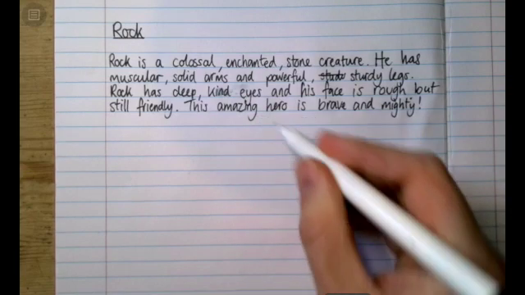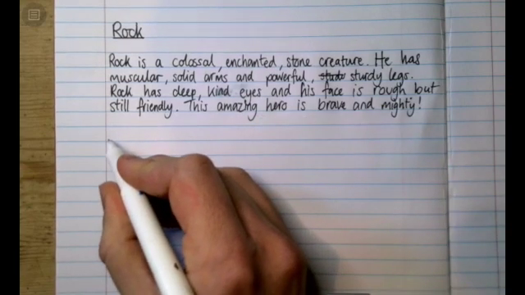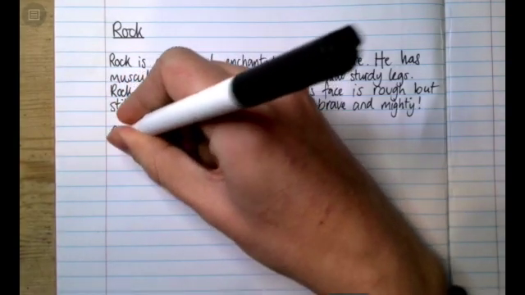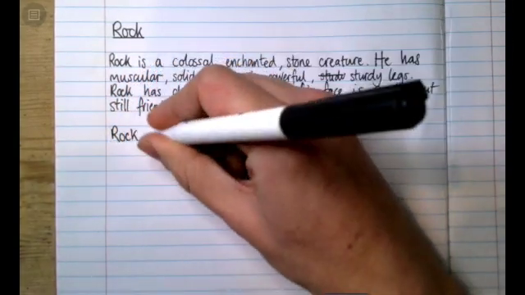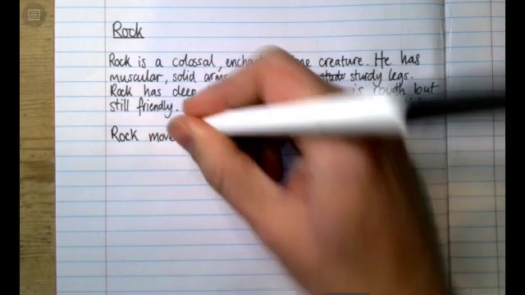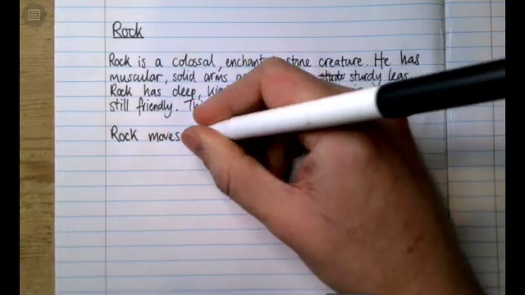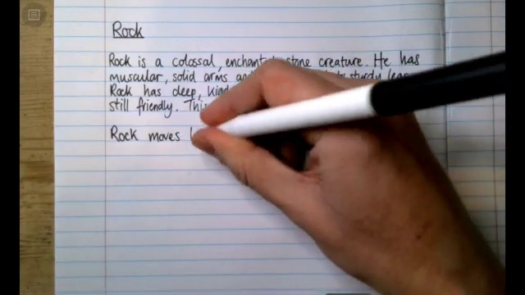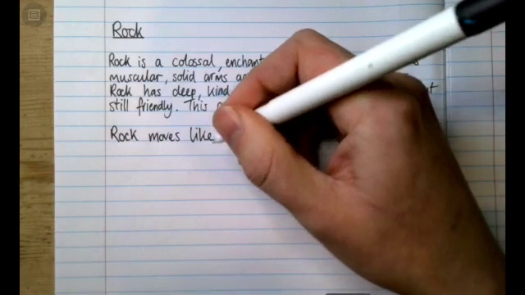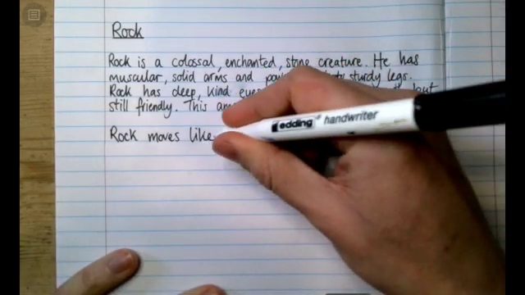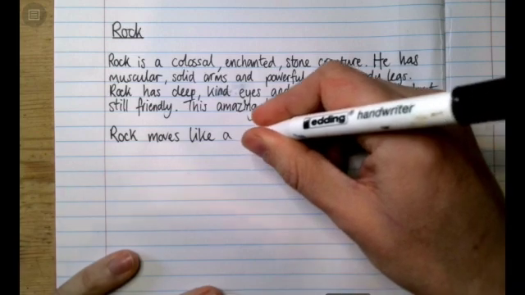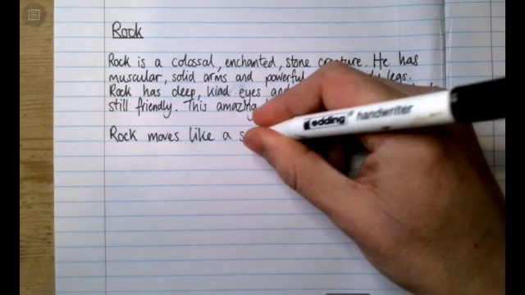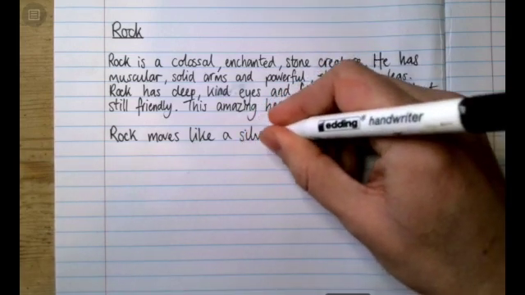Next, I want to change my paragraph because I'm changing my idea, and I'm going to talk about his actions, his movements. So, rock moves. You might say a better word than moves. You might say rock lumbers, maybe. But rock moves like, and I want to use a simile here. I know it's not on my wolf, but I want to use a simile because I think it's a good way to describe him. Moves like how does he move? Like he kind of rumbles along like a silverback gorilla, doesn't he? So silverback